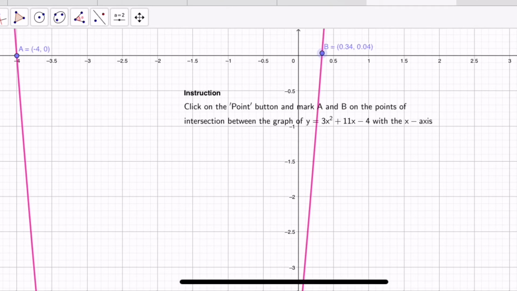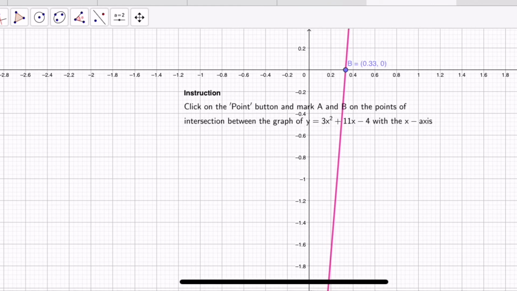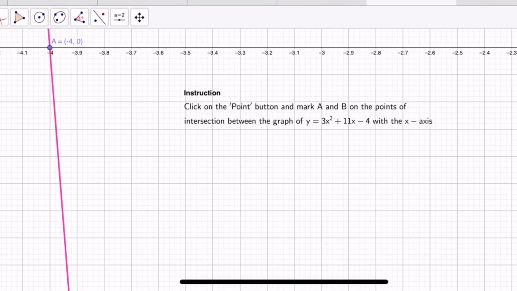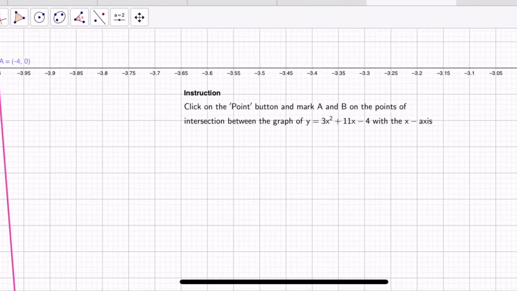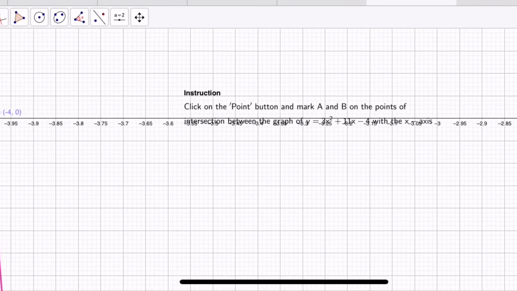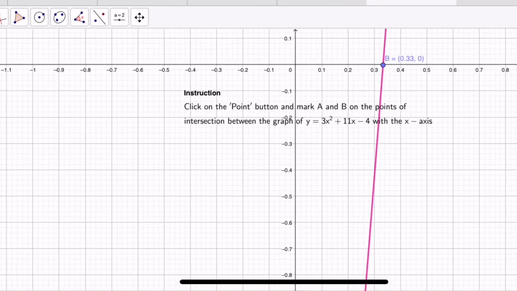I have to make sure it's exactly the intersection between the pink line and the x-axis. So I found that the pink line and the x-axis intersect at 0.33, 0. Yes, that is the other x-intercept. Okay, x-intercepts: we have point A, which is (-4, 0), and point B, which is (0.33, 0). These 2 points are the x-intercepts, and the values x = -4 and x = 0.33